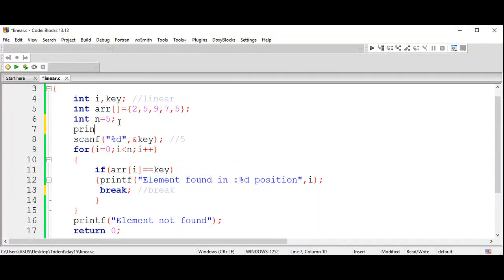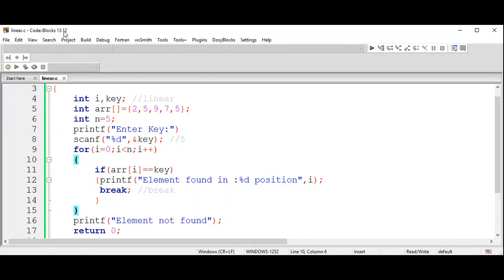So instead of an empty screen, let me give printf enter key. Okay, so now let me execute, guys. Right now I'm not giving return, I'm giving break. Break in the sense it will come only out of this for loop. It will never come out of your main. So once it comes out of your for loop, whether your condition is true or false, it's going to display element not found also.